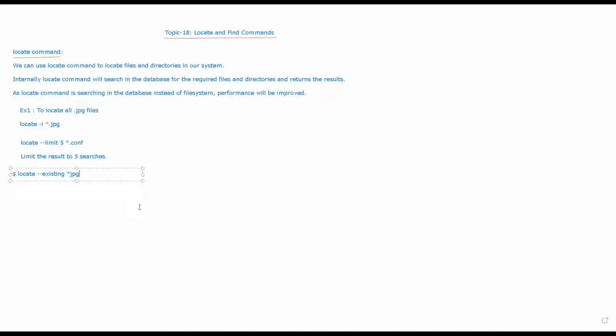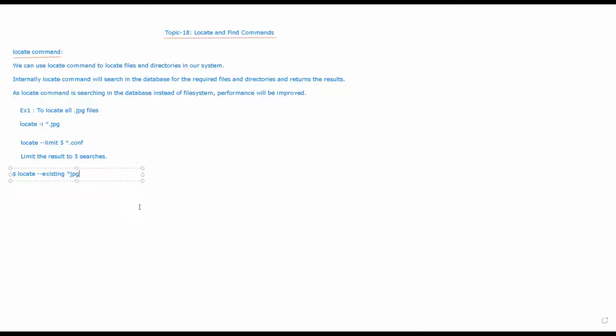The locate command uses the database to find the result. This database is updated only once per day by default. After updating the database, some files may be deleted.